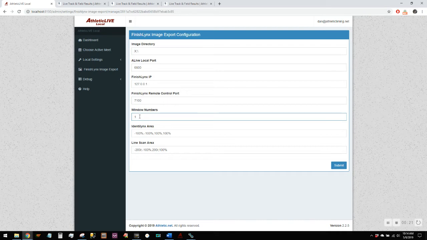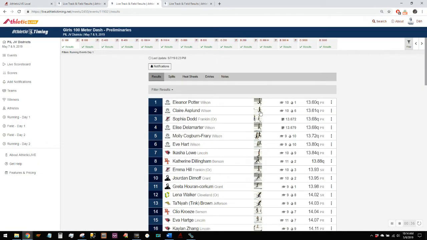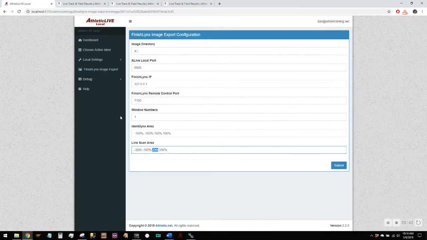So this is my line scan. You can change this to number 2 to do identity links. But right here under line scan, we're doing 200 pixels to the left, and over here 200 to the right. And for the sake of the video, showing that that is looking something like this, where it's that individual profile shot. A lot of meets that I time, I actually change this to 400,